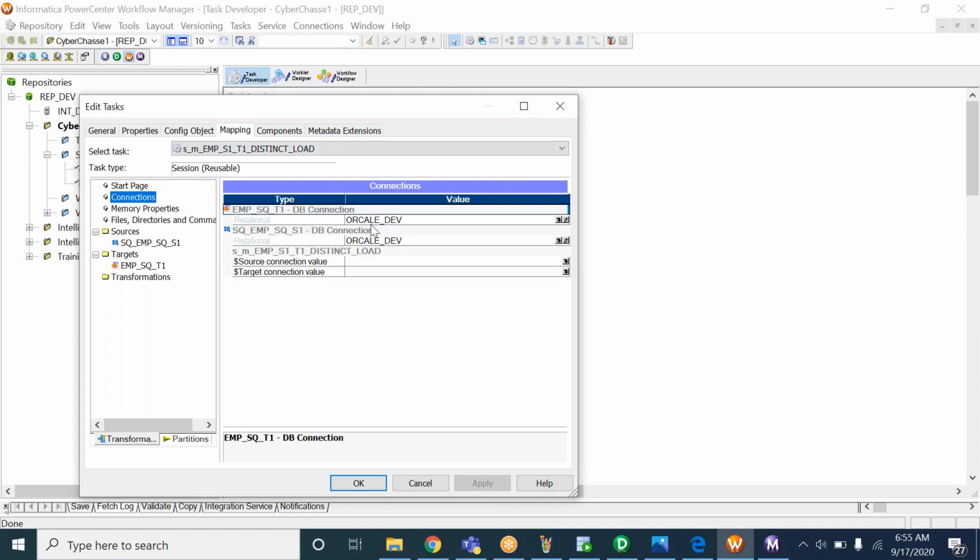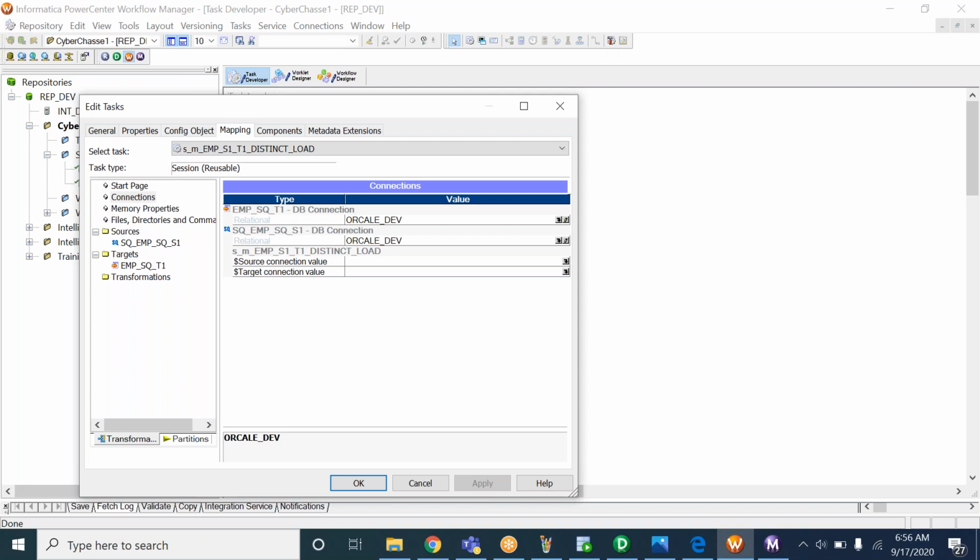And also here you can see we have not set the connection, but we have got the connections automatically. How come it is? Whatever connections we have given to the first session task which we have created, by default if you create a session task, it will take the same connections we have given under the first session task.